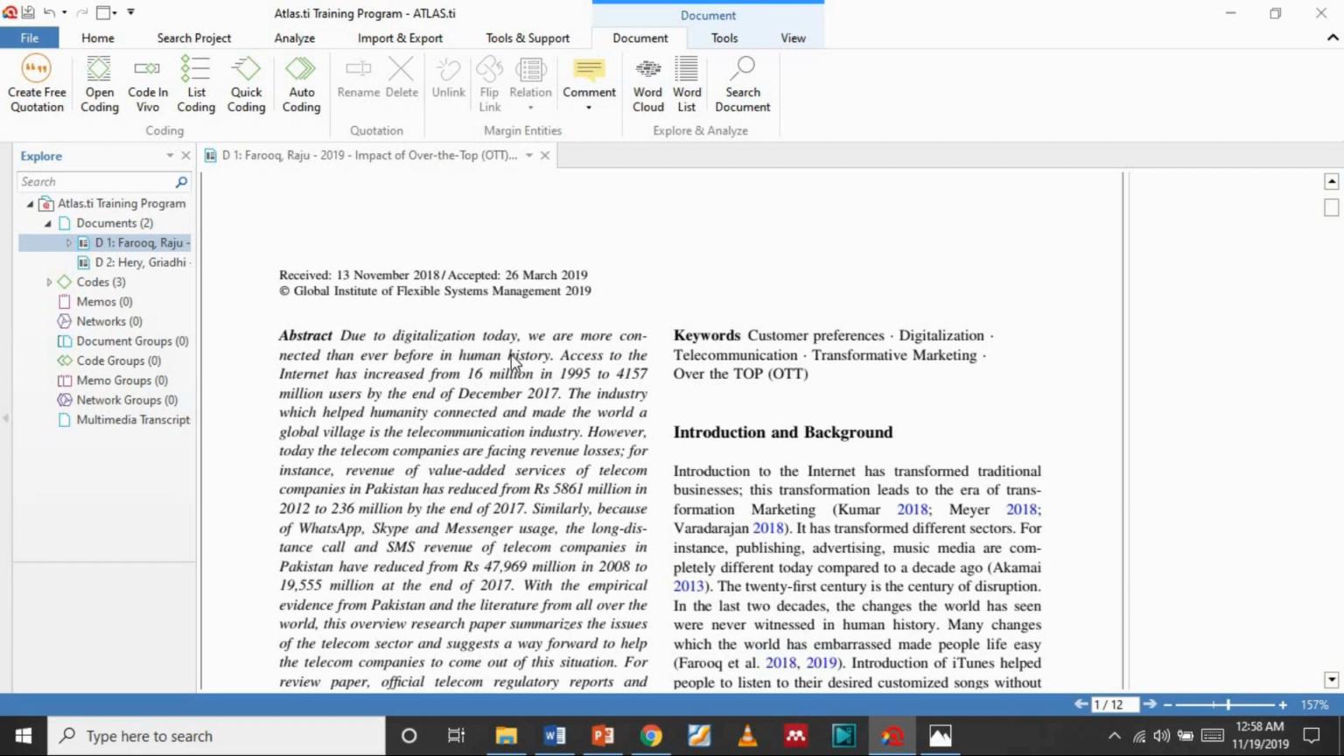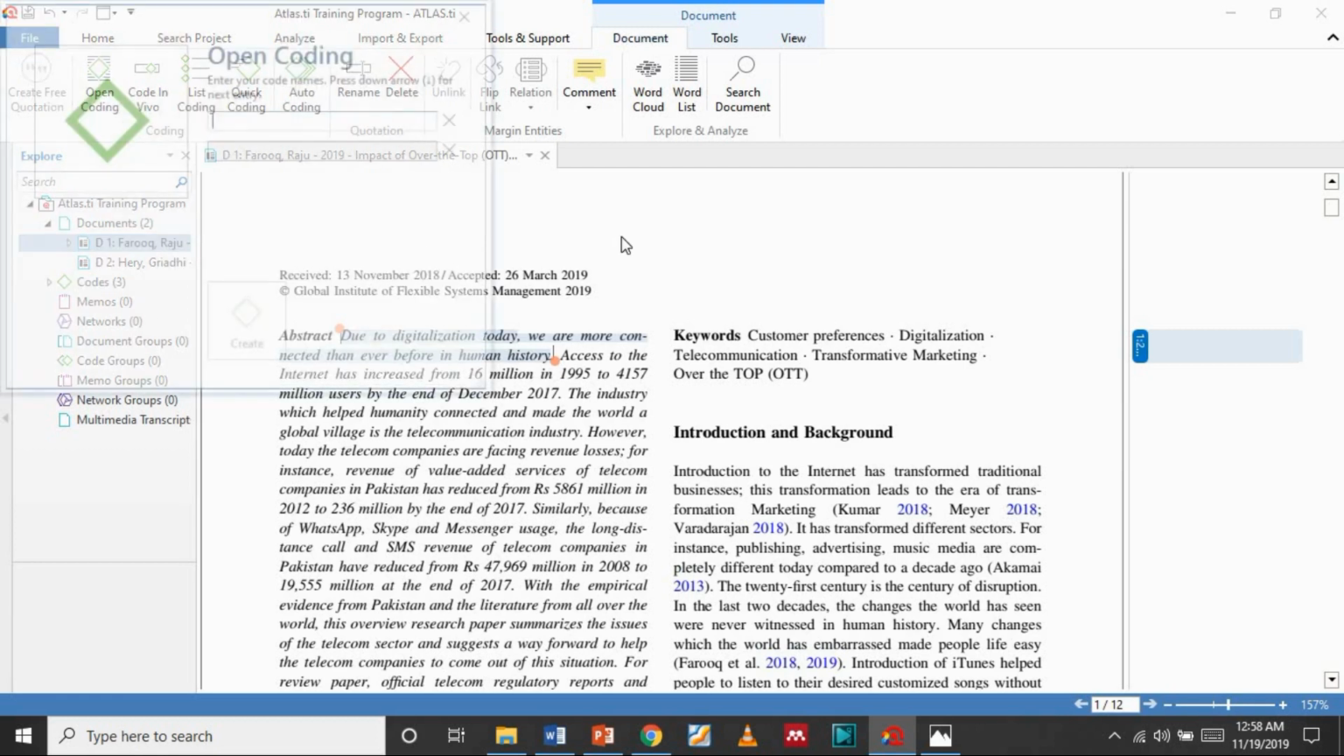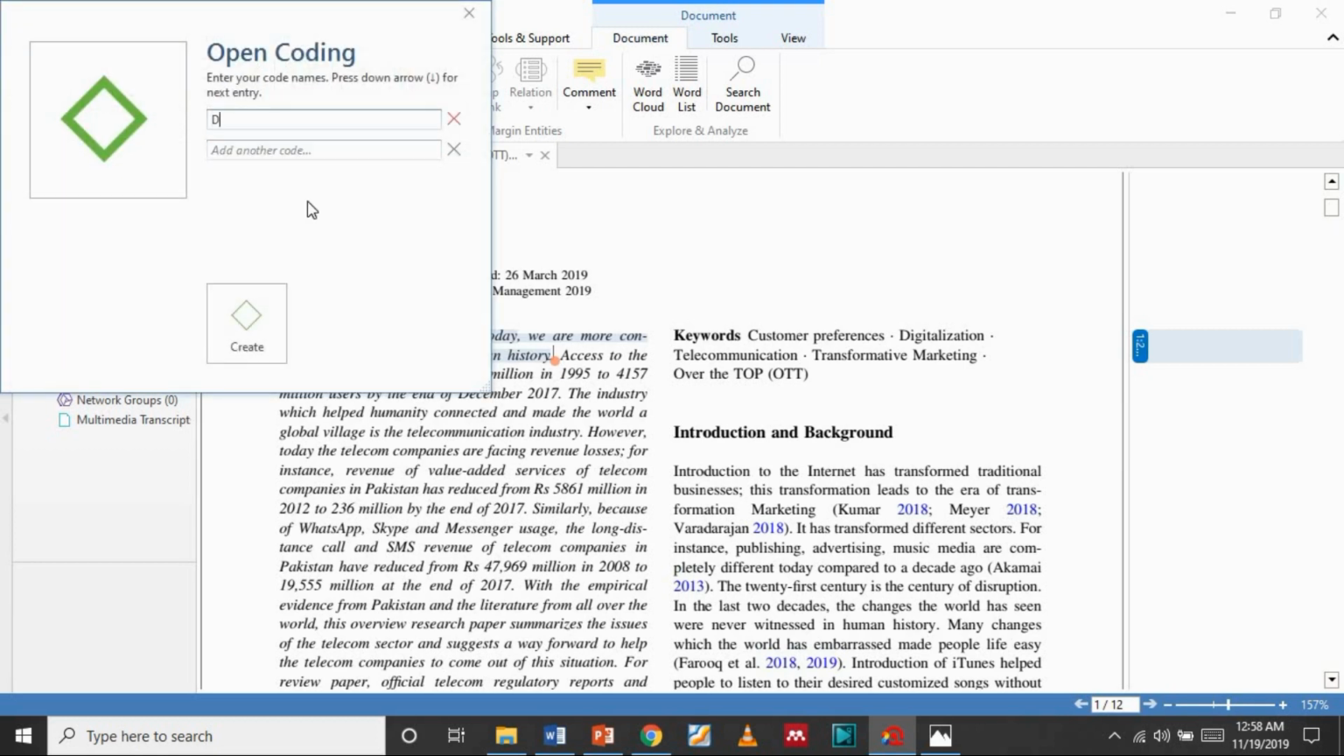So it's saying that due to digitalization today, we are more connected than ever before in human history. Okay, I want to copy this for my own project. What I will do is right click on it and create a free quotation. Okay, now this is a quotation. This is not linked to any code, so I want to create another code, which is open a new code, which is the